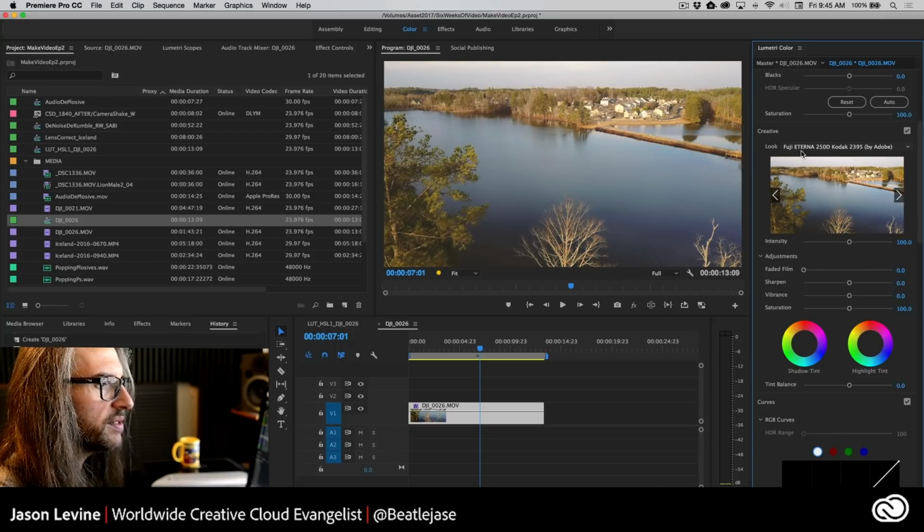So here's another one. This is, again, Fuji Eterna 250D. This one I happen to like a lot. Again, just takes a bit of that edge off. Okay, kind of keeps cycling through. And by the way, when you cycle through and you find one that you like,